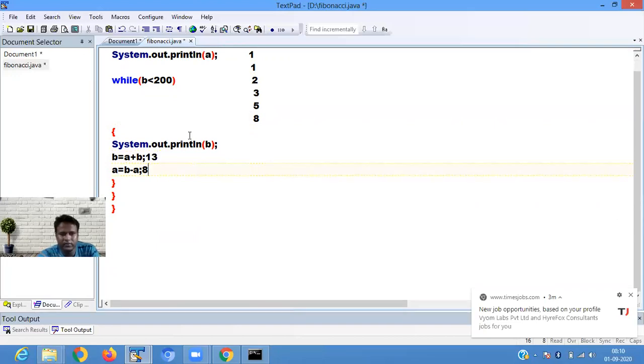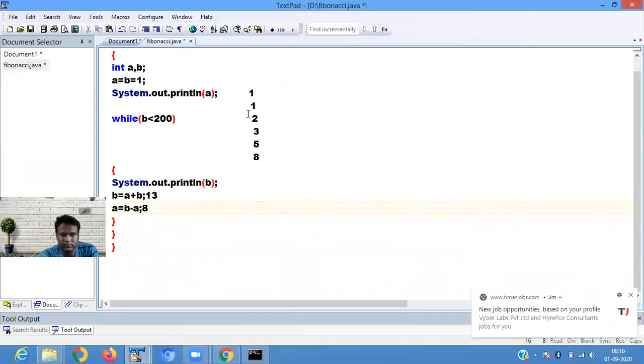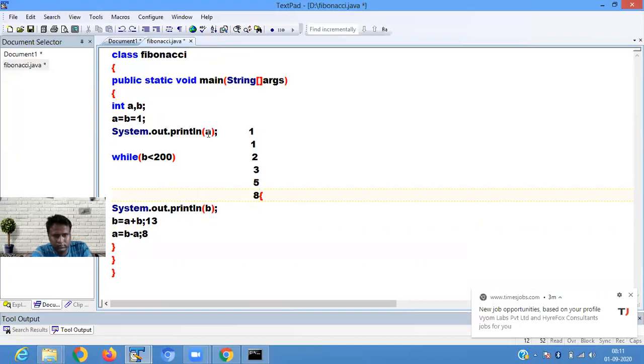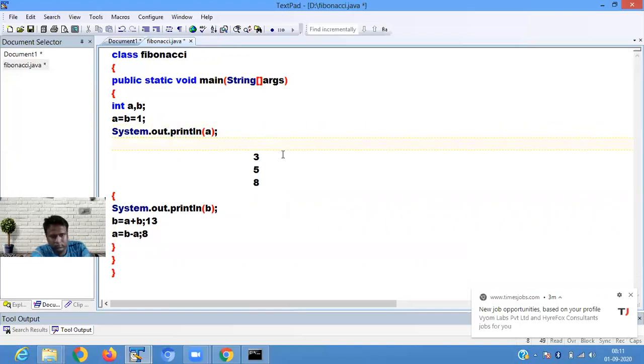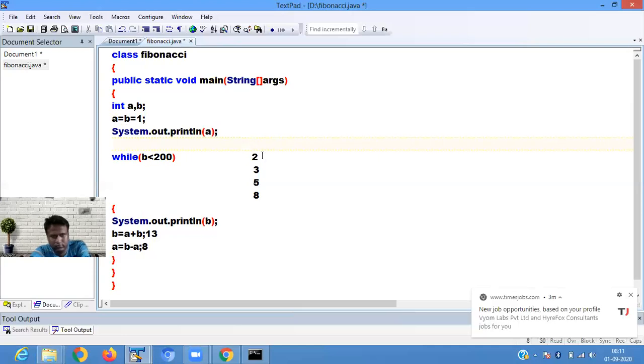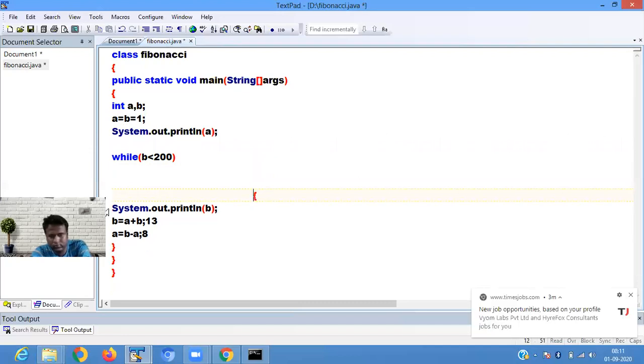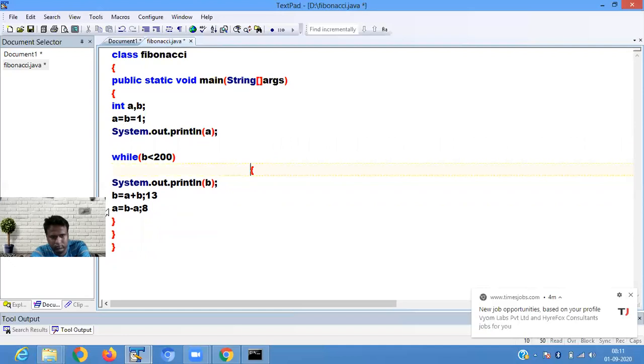So this process continues as long as the value is less than 200. It is printing up to 144.